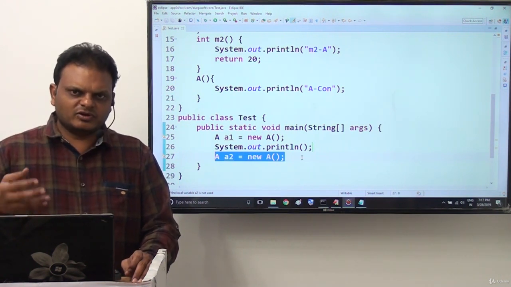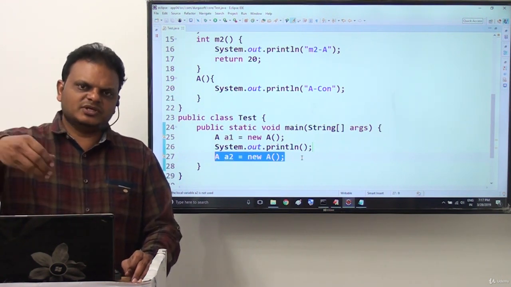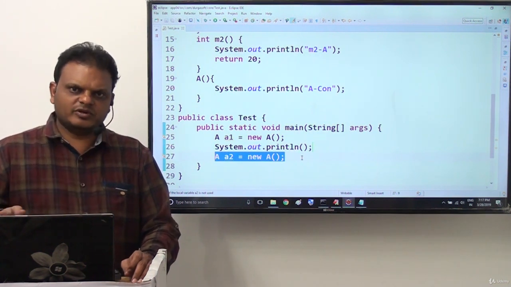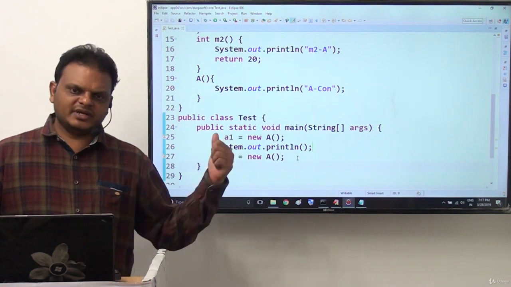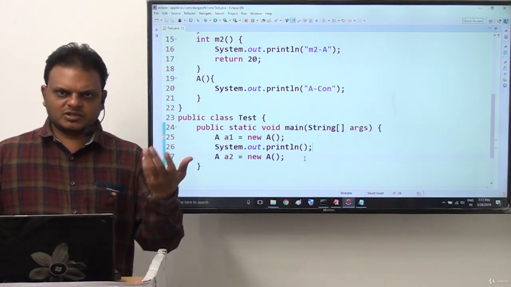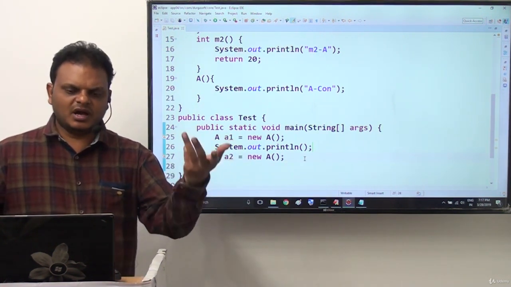Reusing the initially loaded bytecode without loading it a second time, in the sense of reusing the static context again, it is not going to be executed a second time here. Okay, fine. Static context is not executed while creating the second object. Bytecode is not required to be loaded; it is already available. It was already loaded here.